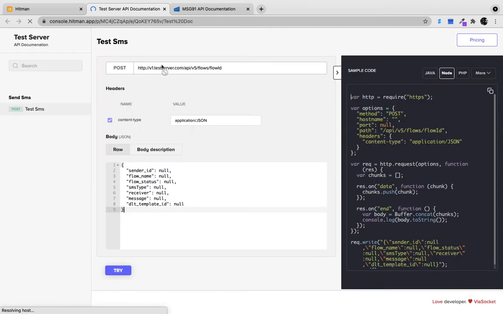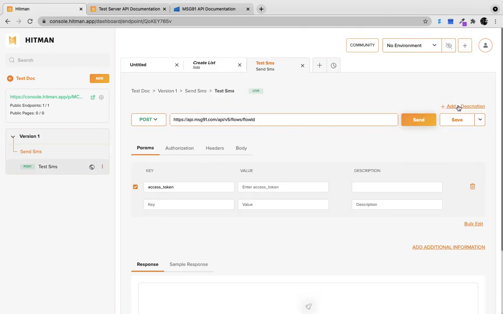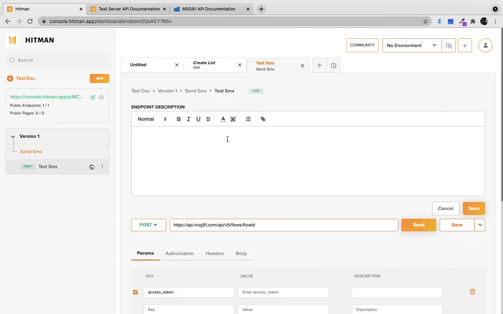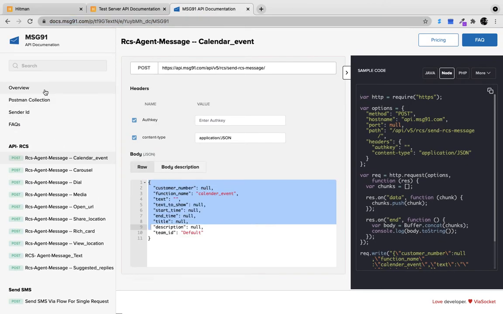I'll quickly go to the API documentation. Let's see how it looks. Okay, so it has added in CTA pricing, the URL and the body which was added there. Now, since you're auditing and you're looking if all the sufficient information is provided to the user, since we published the API documentation without any information, let's head back and add a description. I'll take a dummy description.